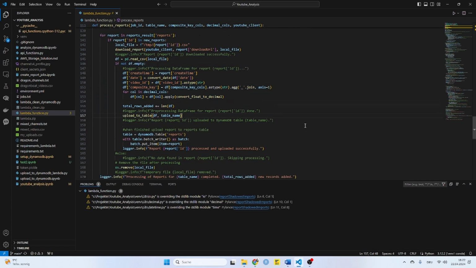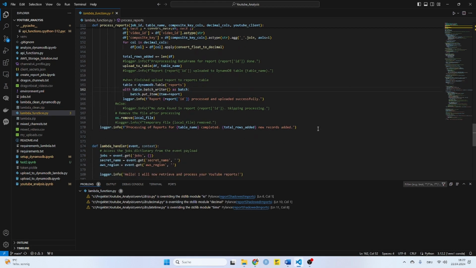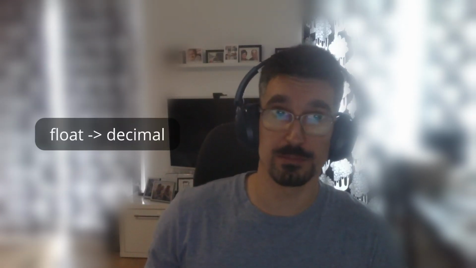If there is data inside, we will read in the file using pandas, add a new column for the report with the create time, convert the date columns to the ISO format that is compatible with DynamoDB, and also create a new composite key column, which together with the create time will be the unique identifier for any record within the DynamoDB table. Then we also need to convert any variables of type float because this is also not supported for DynamoDB.